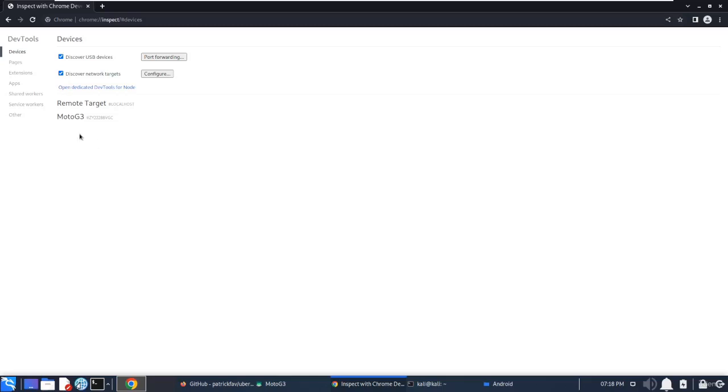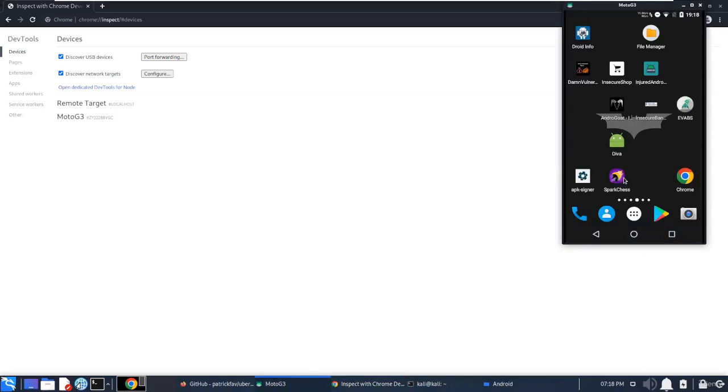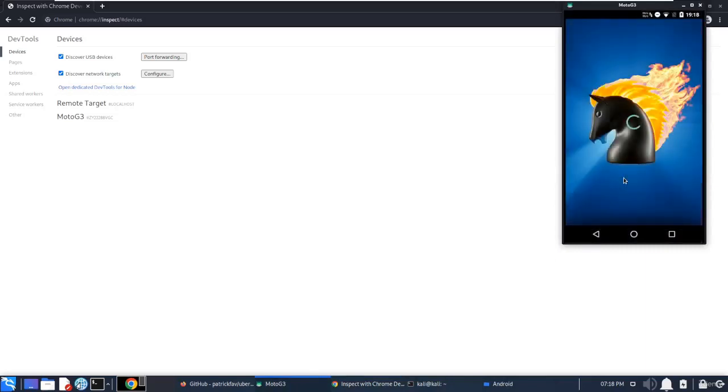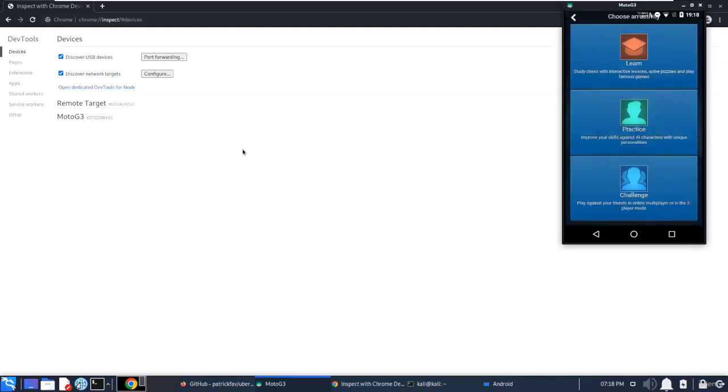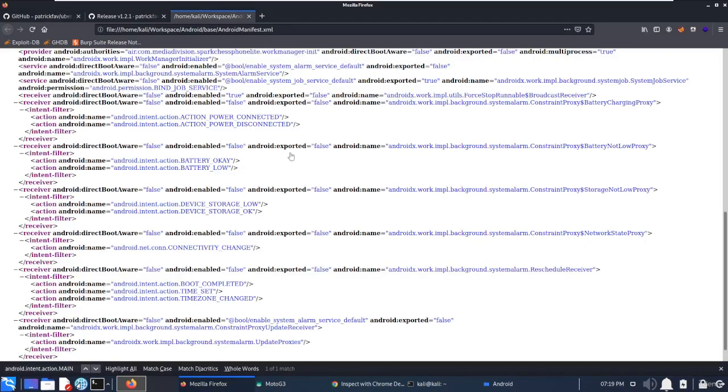Currently, let's run the application and see whether it is shown. When you run the application, currently the debugging is not enabled, so we cannot see any of the things over here. If you want to debug using this Chrome browser, we have to enable the debugging. We will do this by changing the Smali code of that particular file. For this, first of all, we have to